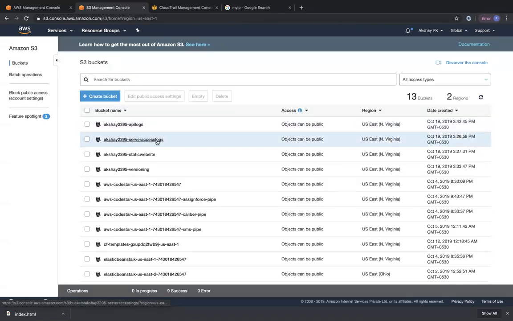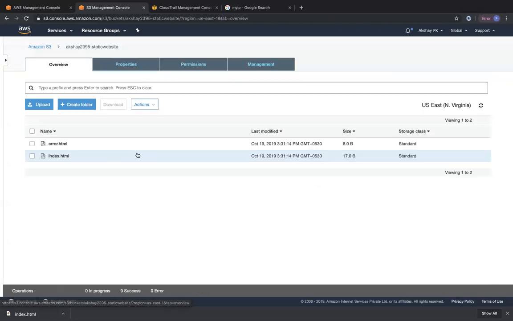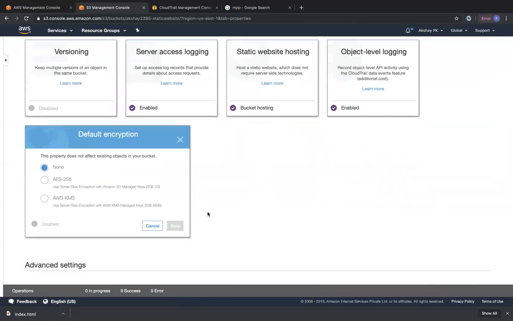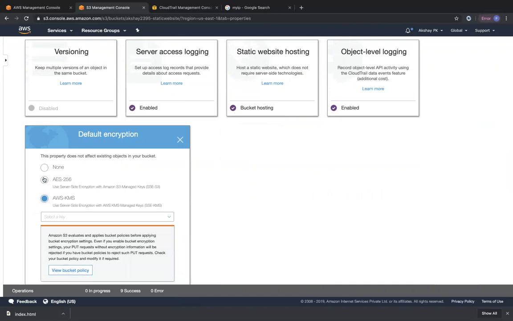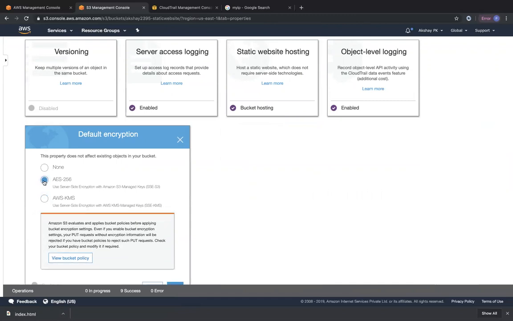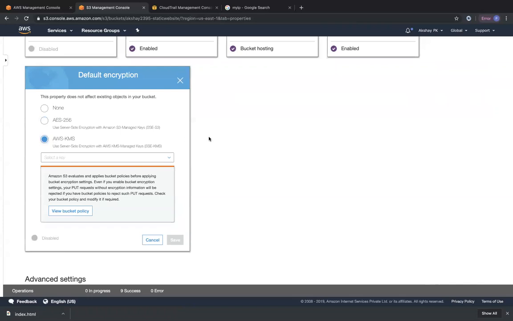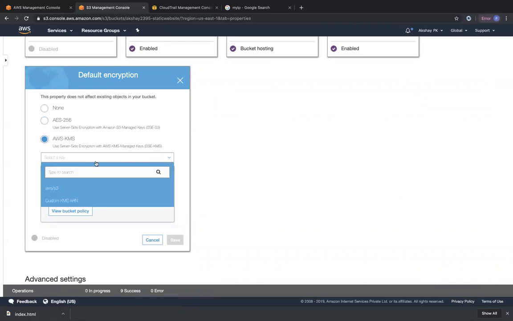When we spoke about encryption, we spoke about two types of encryption, which were server-side encryption using S3, and the other one using KMS. You can just click on one of these radio buttons to enable which kind of encryption you would like. I would generally go with S3's server-side encryption. But if I had my own customer managed key, I'll be able to use KMS, which is Key Management Service, and present my key.